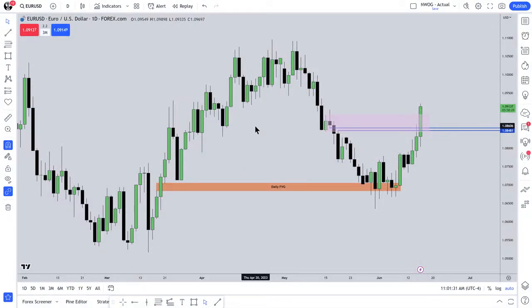So here is euro dollar, and you remember I was talking to you about how on the 13th I said that there's a small little gap in here, and then we have this order block right there. I encapsulate that entire range of the order block in that area right here. Yesterday we traded up into it, and then today we had this gargantuan move outside of it, which is supported by the weakness that we've seen in the dollar index.